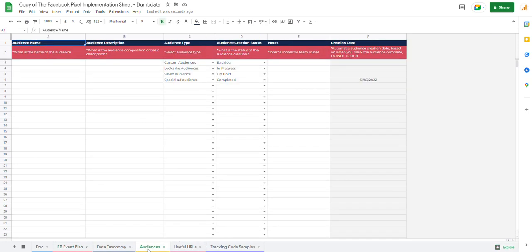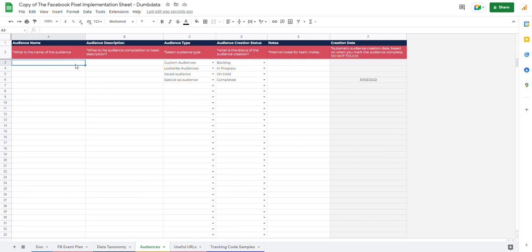Then in the audience section, this is a beautiful place. This is where, after creating the Facebook pixel, most times people create it without setting up audiences so that it can start aggregating the audience for them, which can then be used for their remarketing or for targeting purposes. So this is where you can put out the event and say, okay,